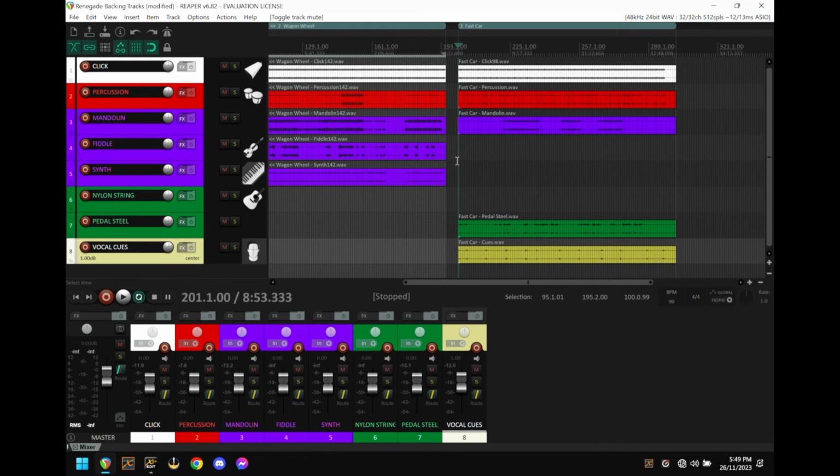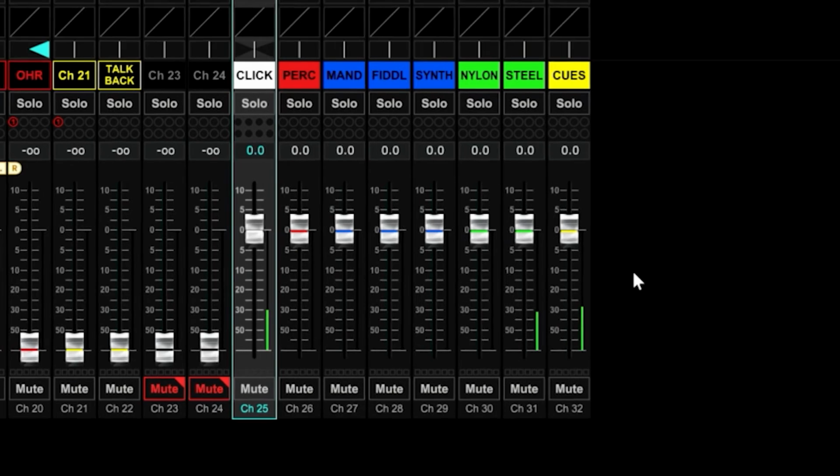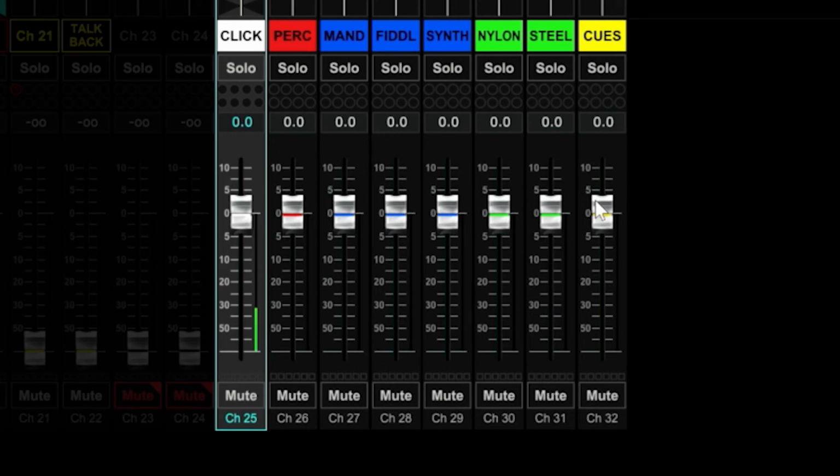All right, so we click start. 1, 2, 3. So you can hear the vocal cues there. The faders are moving up. Now some of these channels are not being used at all for this particular track. But if I go over to the X32, you can see those cues counting us into the different parts of the songs. The click track is there, and we've got potentially another 6 or 7 instruments that we can adjust individually, and that's the point of doing it this way, as opposed to just having one backing track which doesn't have any control over the instrumentation within that track.